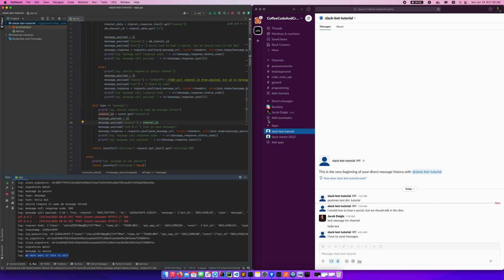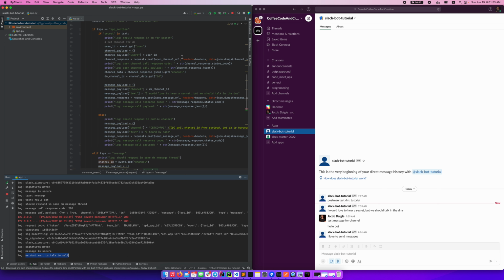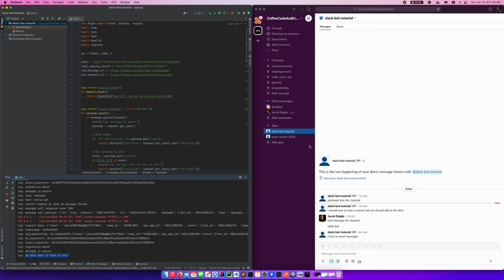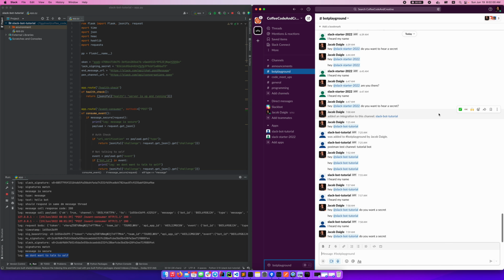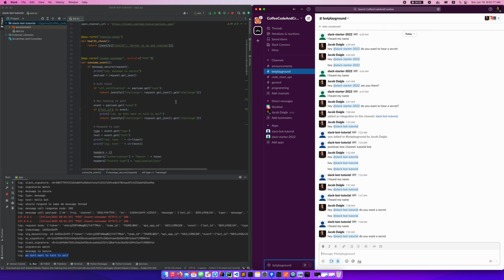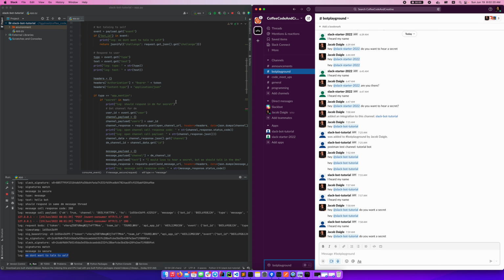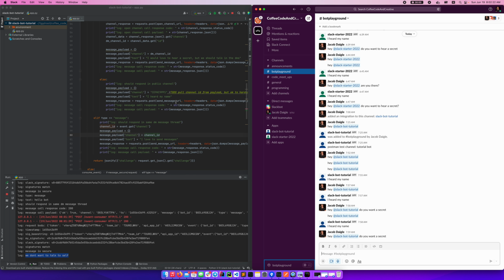And so now we have a nice little Slack bot that can respond to mentions in a public channel. It can respond with direct messages in the event it sees something secretive in a public channel, and then it can respond to DMs. Not just for the sake of